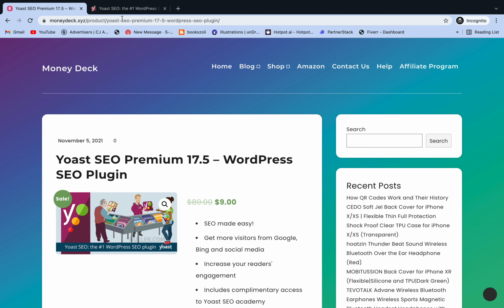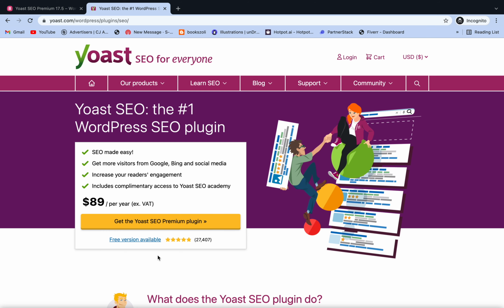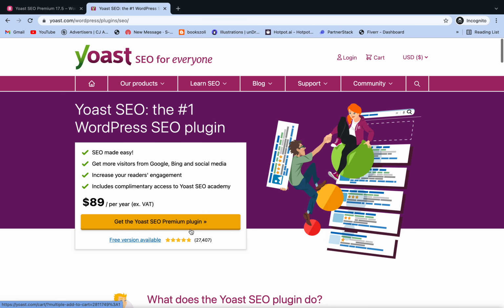Okay, but let us keep that website aside and let me give you a brief introduction about what this Yoast SEO plugin is. See, if you are a digital marketer or blogger, then you must be really aware of this plugin. This plugin helps you to rank on Google, meaning to get organic traffic.